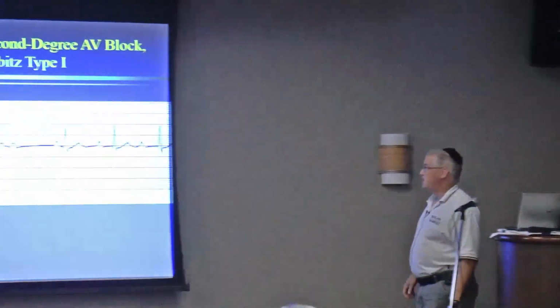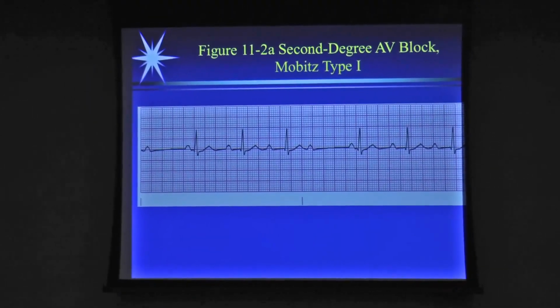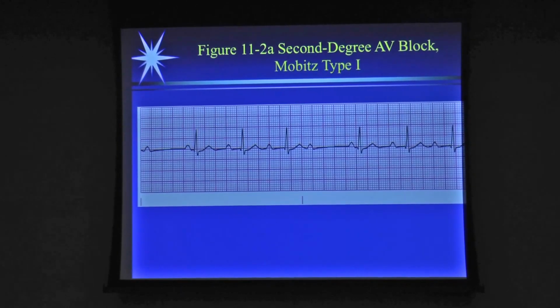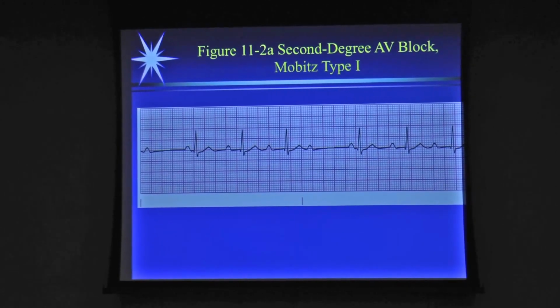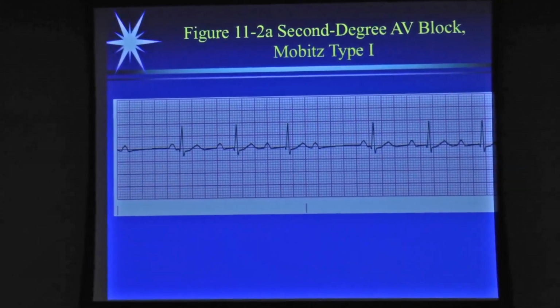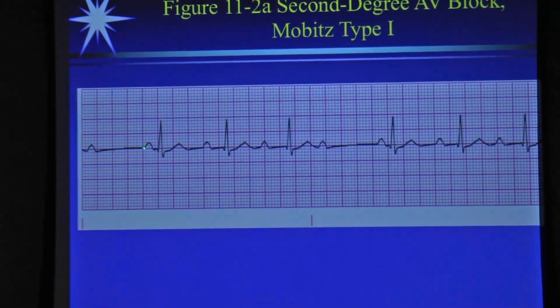Okay, this is a second-degree AV block, type 1. It's nicknamed Wenckebach, named after somebody called Dr. Wenckebach. I think he was actually an electrophysiologist; I don't know if he was actually a cardiologist. Basically what he noticed was that in this situation you have a normal P to R interval,